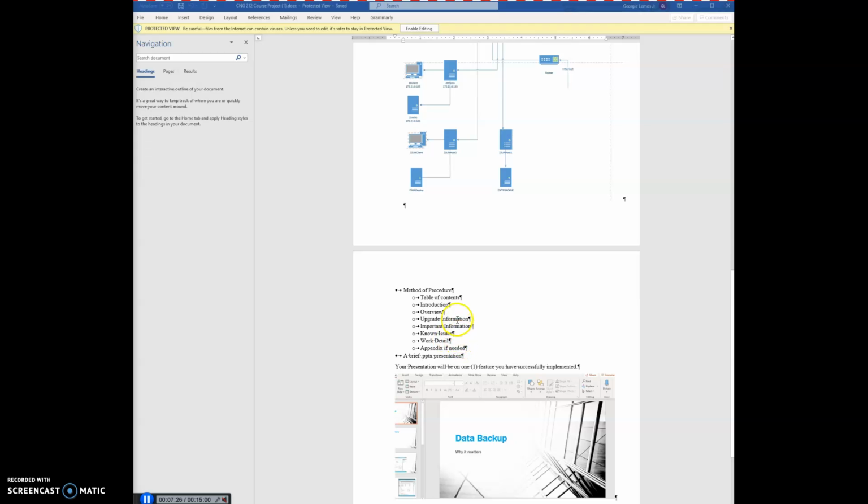Table of contents. It's going to have where's what located on what page, introduction, what you're doing, overview, what you hope to accomplish. If there's any sort of pertinent information that I need to know for upgrades, important information. And then in your work detail, you want to put basically a step-by-step methodology of what you did, how